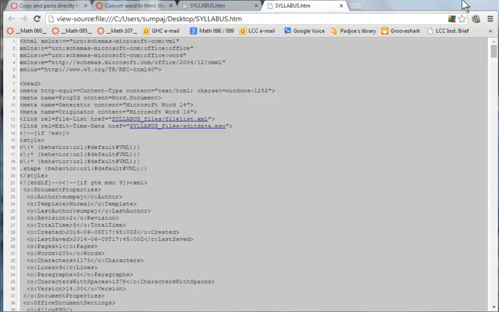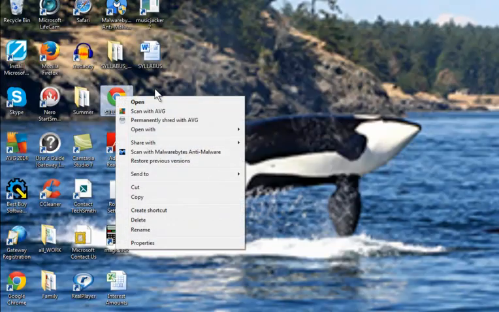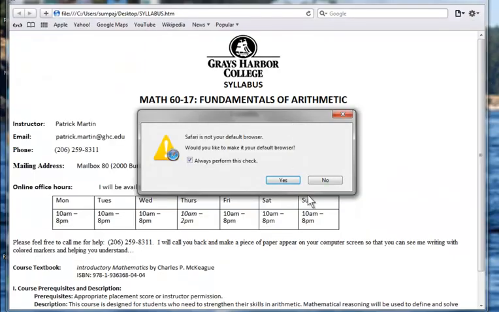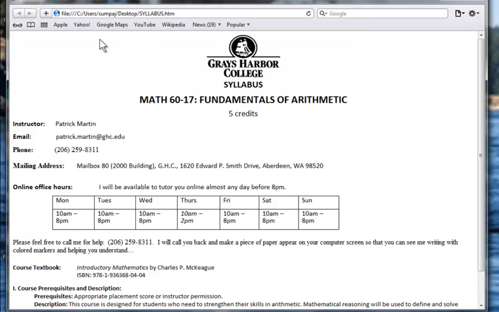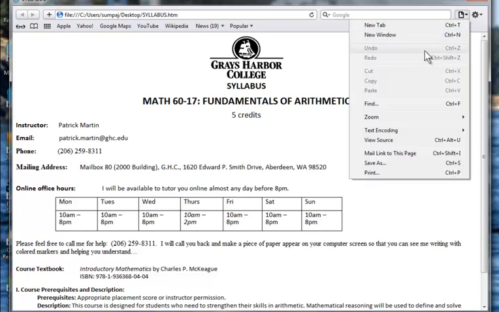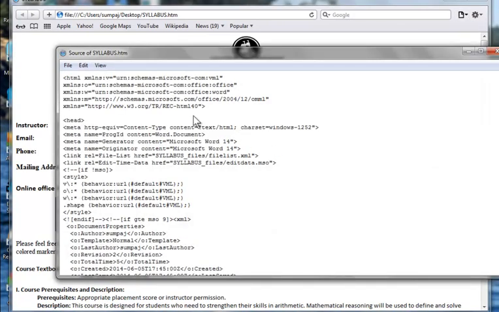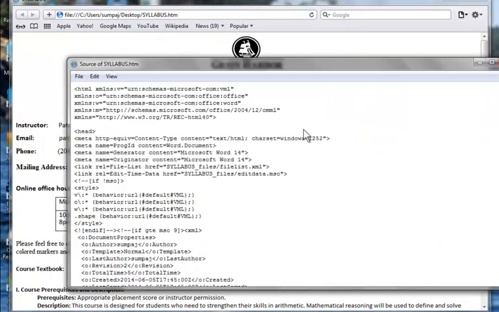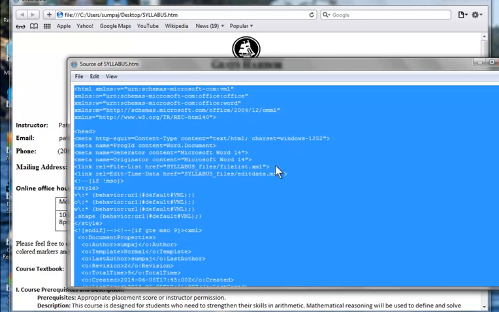So let's imagine we had saved it as a web page and opened it in Safari. I usually use Safari, and so you're going to see this. So you'll open it up, then it'll be a Safari page. And what you need in Safari is you need to click on this little page button here, and you go down and you click on View Source, and that will show you the HTML code. So you need that code. So we'll do that again. You click on the little page button, go down, click on View Source, and then highlight all that, copy it,